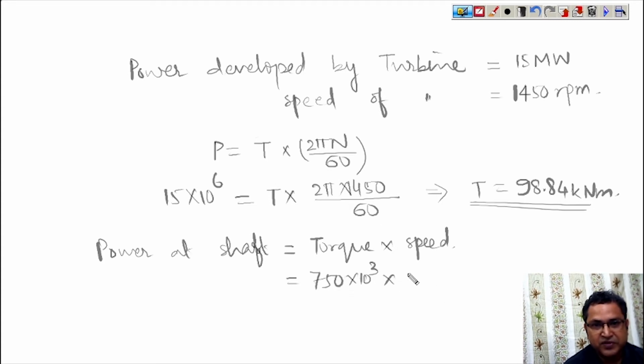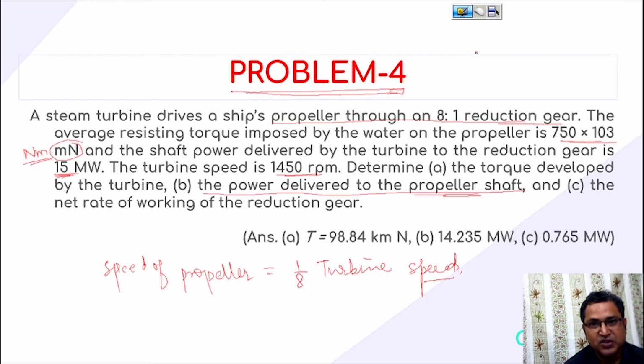We can write 2 pi n, that is 1450 upon 60, divided by 8. Why is it 8? This is because of the reduction. Once we calculate this value, we will get